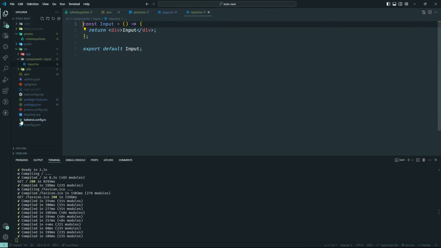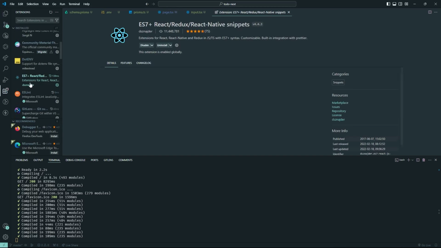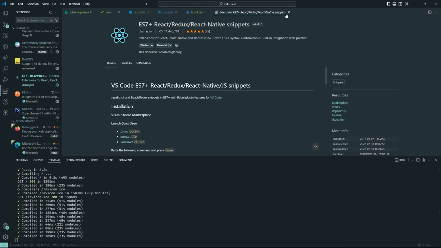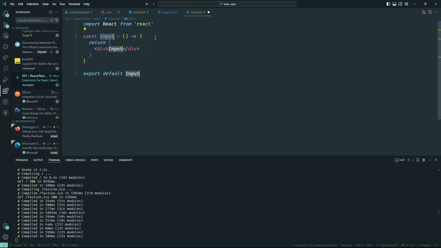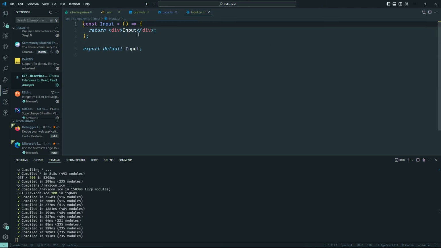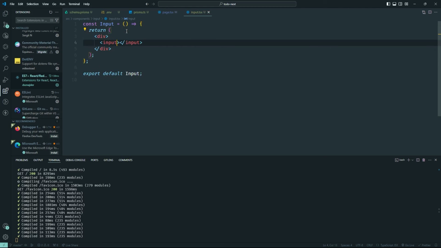If you're not familiar with that, I have an extension called ES7 React Redux snippets. So when I type in rafce, it's going to generate the component by itself, which is great. So I have it all ready to go. In here, we're going to create the input, add the input element from the HTML React, and then in here we're